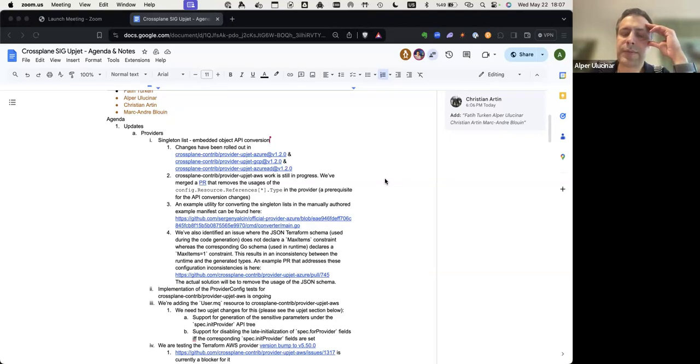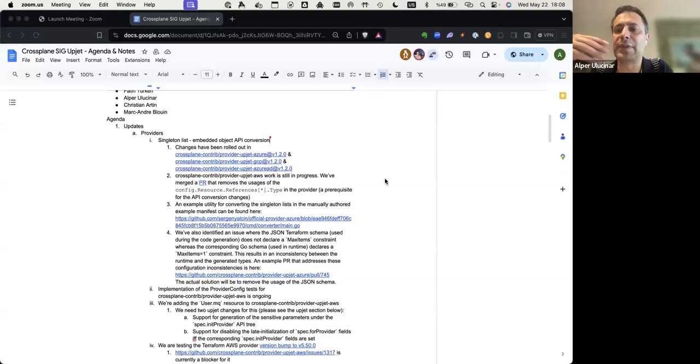We have so far reflected this in the generated APIs, but it's not the best user experience you can have. You would expect an embedded object, but you see a list. And unfortunately, we are not generating the validation that disallows you from providing multiple items in a list.